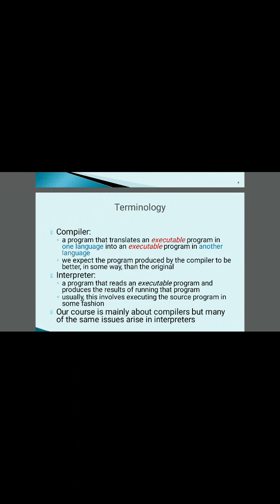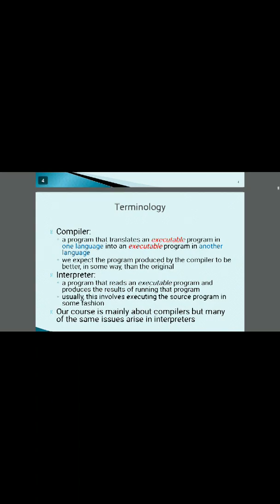Now understand here, in layman's terminology, the compiler is a system software program that translates an executable program. Please understand the word executable here. It is written in general format. It could be any programming language. You have written a program in any language and that must be an executable one. You cannot write some random code and ask your compiler to execute that. That's why the general word is used here: a compiler translates an executable program in one language into an executable program in another language.